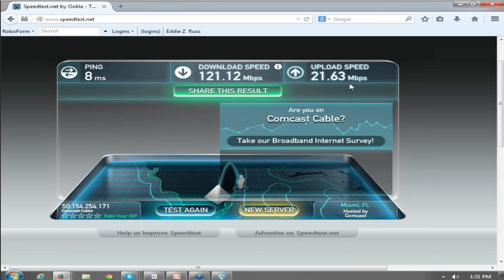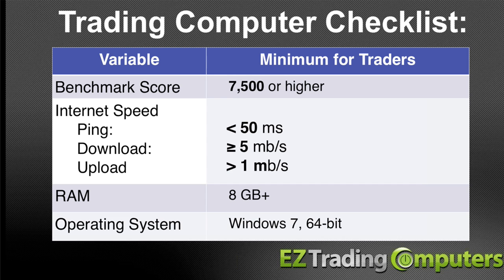So we'll put up, actually, why don't we put up that checklist now, Matt? All right, let's do that. I will show my screen here, and we'll have a checklist. And so you should have a checklist for trading computers. Yeah, there we go. So benchmark score 7,500 or higher. Your internet speed, you want your ping less than 50 milliseconds, your download greater than 5 megabits, and your upload